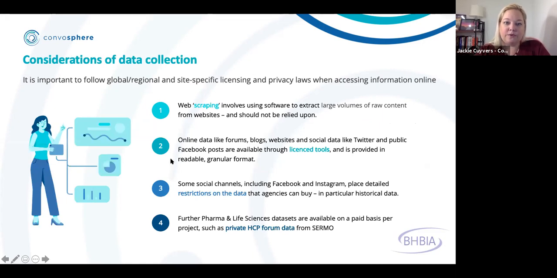So you don't want to do, as I already mentioned, web scraping. So that's just going and crawling these websites. There are tools and scripts that make it quite possible to do this, but that generally violates the terms of service of these different sites and platforms. The social listening tools that I already showed you make that data available to you. It's been licensed, it is compliant. So it's much better to use the tools that are set up to do that.